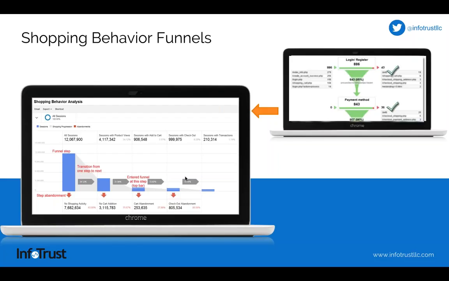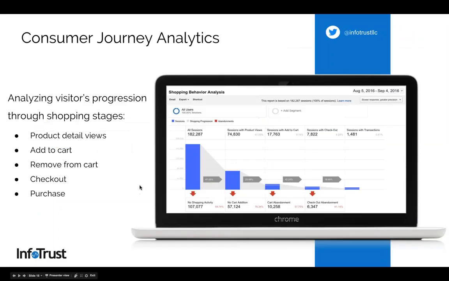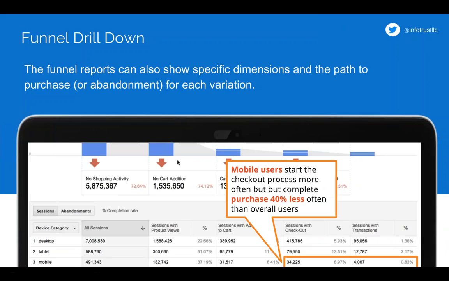Most websites today have more than just a landing page. There are a few steps to really get people maybe to sign up for a newsletter or to engage in another way, non-e-commerce, non-revenue based. You can still use these reports for that. I guess I already talked about the different shopping stages with this custom report. With the standard report in Google Analytics, these are just some of the standard stages, so I'll skip that one.